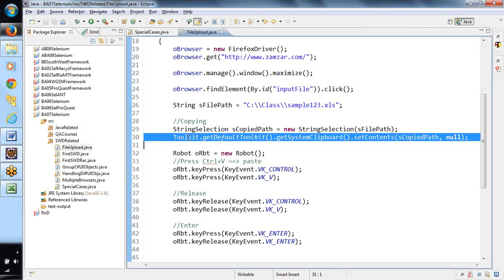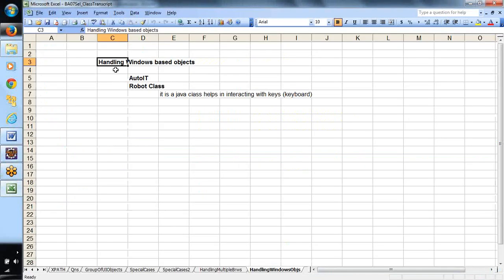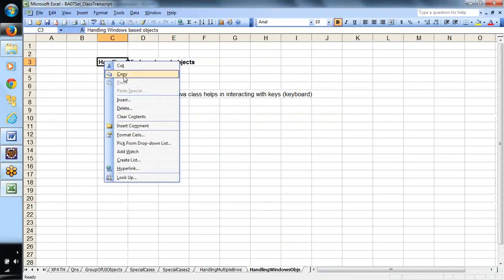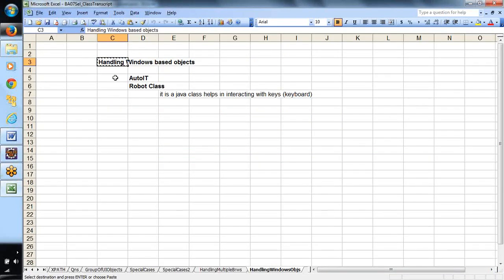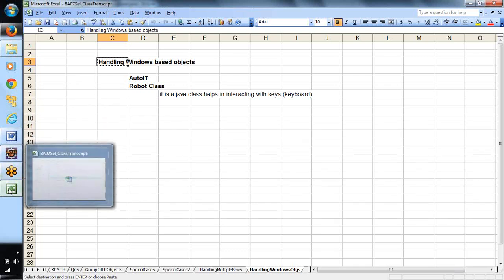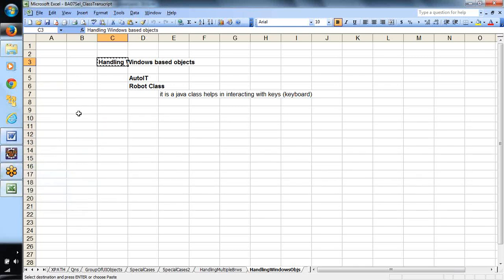system related clipboard. Generally, when you try to copy and paste something, say here I copied this particular value. In the background of this Excel, there would be some software which will copy this value into the clipboard, a system clipboard. In the sense, it's operating system related. Because once you copy it, you may want to paste it anywhere. You may want to paste this value on a browser, or in a Word file, or in Eclipse, or in a notepad. You may want to paste it anywhere.